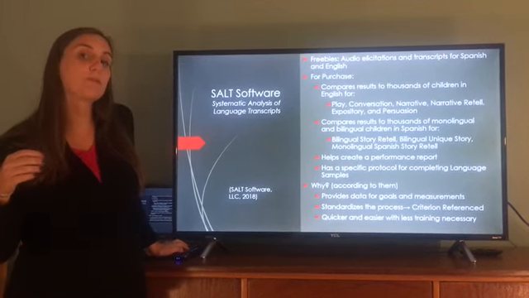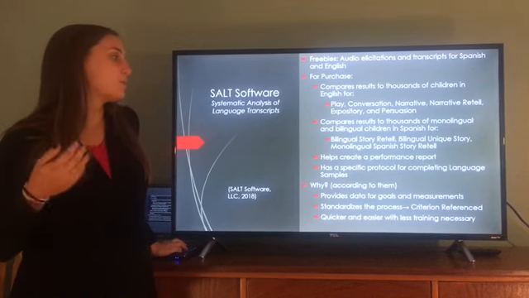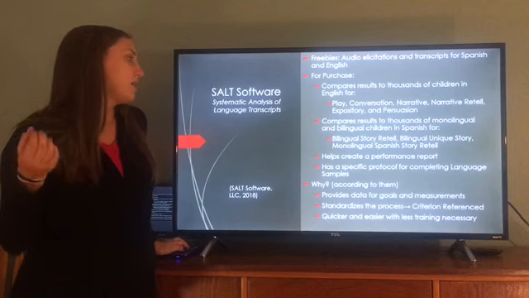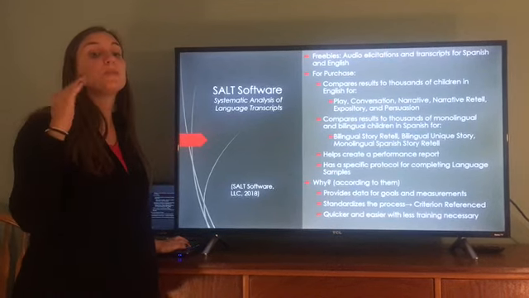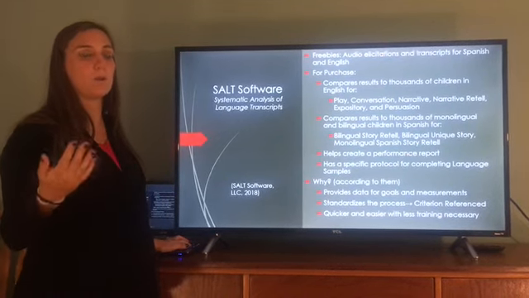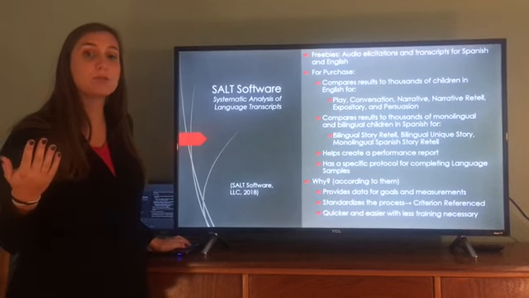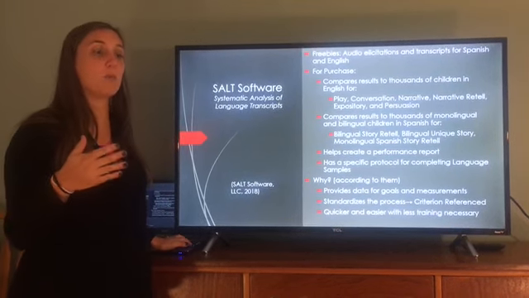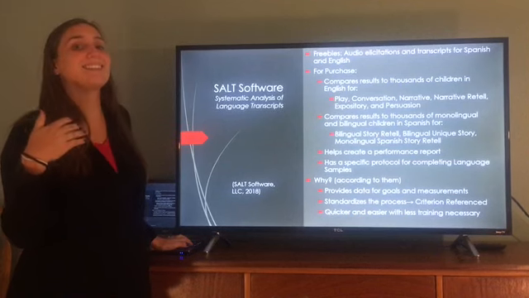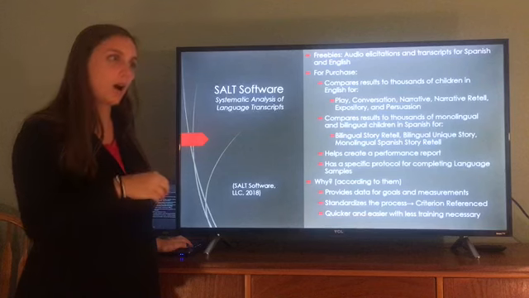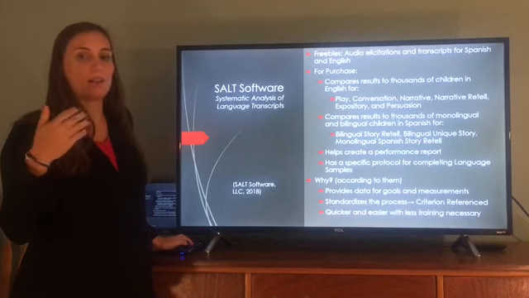It also helps you create a performance report, which is really fantastic because it saves us as clinicians time. It also has a very specific protocol for how we would elicit these samples, which helps to sort of standardize the process. So while it's still not standardized, it does help to standardize it more,